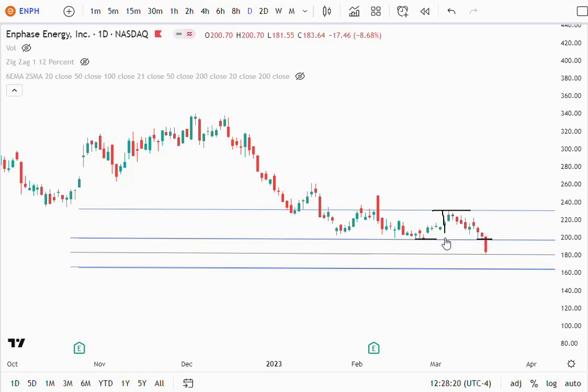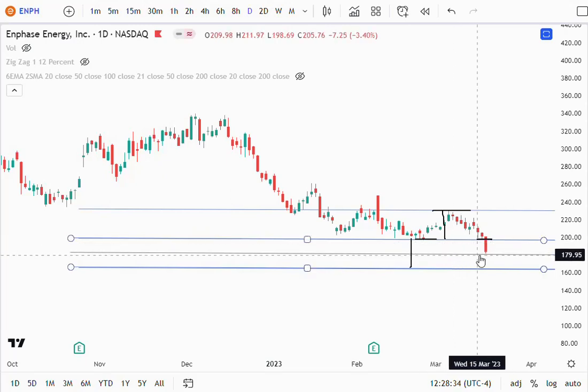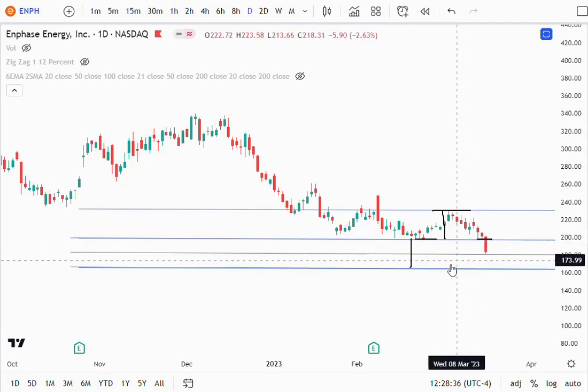So if you take this distance and double it to the downside, you get a price target of around 165. But there is also support at this level, which is 180, and this level is basically halfway between this line and this line. So sometimes you also get a support at the halfway point,